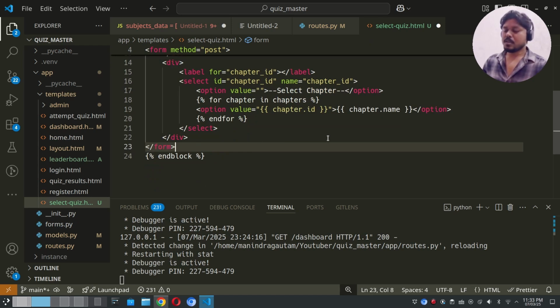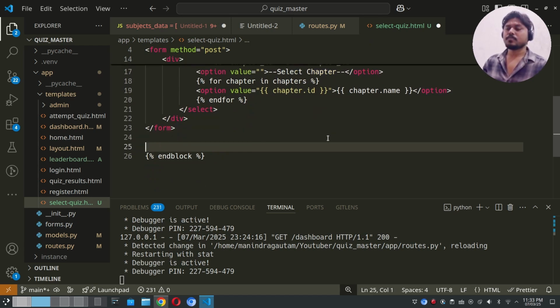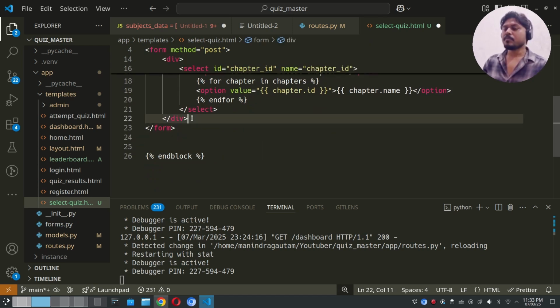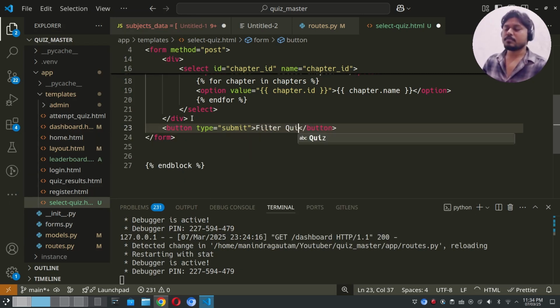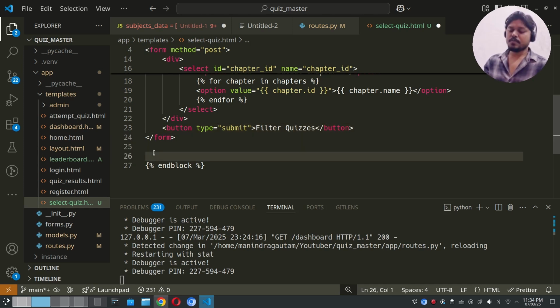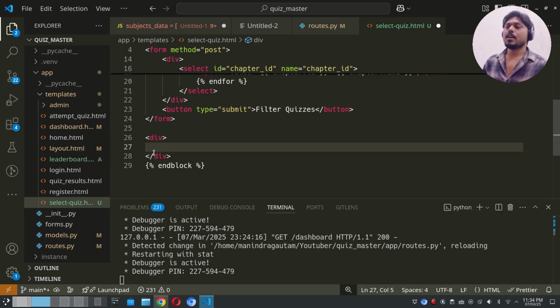And outside the form, we also have to add a button to submit this form. So button type will be submit, and the button label will be like filter quizzes. Okay, and then outside the form we have to list our quizzes